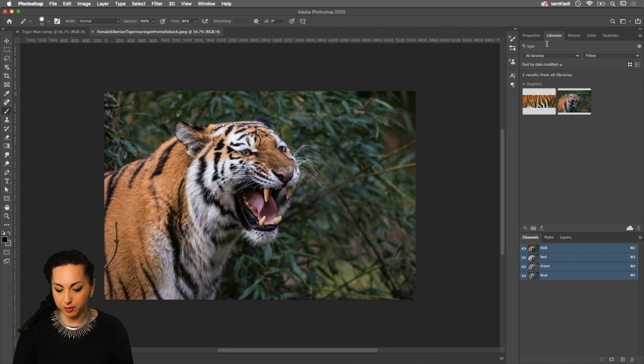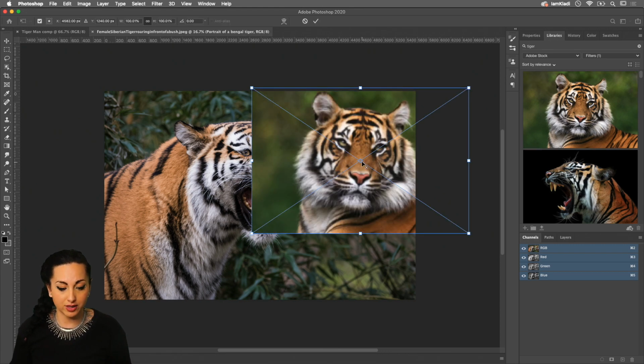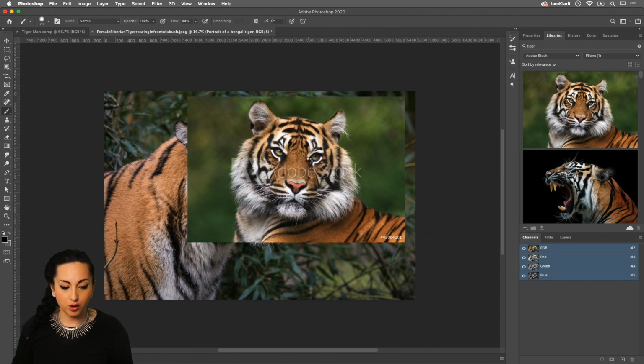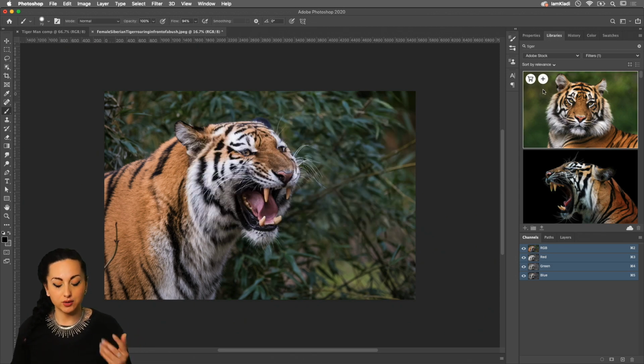So for example, if we browse for tiger and make sure that we look into Adobe Stock, all you have to do if you want to license it is to click on the little card. Or if you want to just download the preview, you can drag and drop it into your file just like so, and this will be a low resolution which is watermarked, or click on the little plus to add it to your library. But let's go back to our